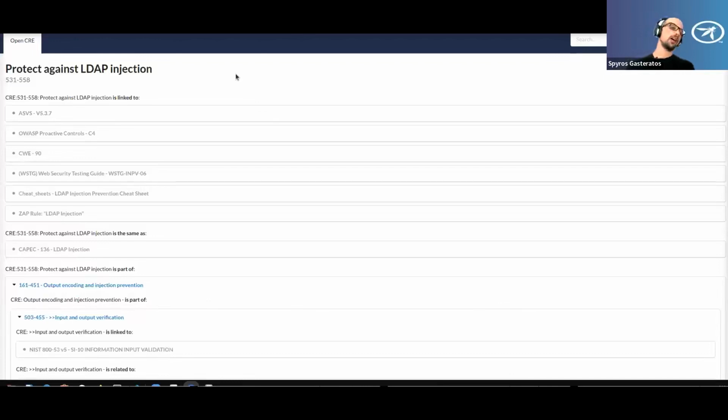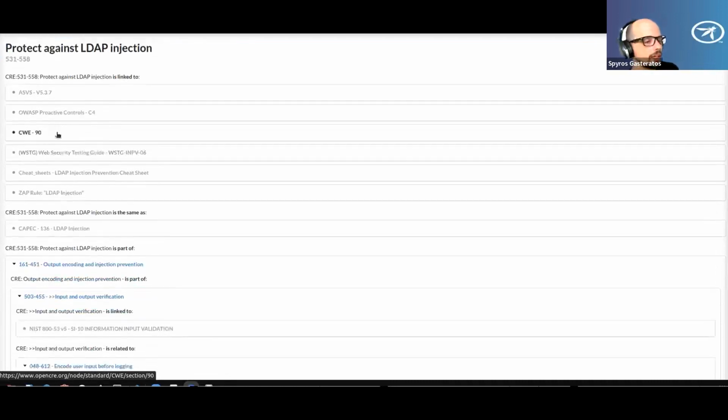And as a last point, different levels and different positions and stakeholders need different kinds of information. So in this case, I can send my auditors a link to ASVS. I can send architects or other people a link to proactive controls. I can tell my boss that we have a vulnerability related to CWE 90, and I can send the developers who found it,